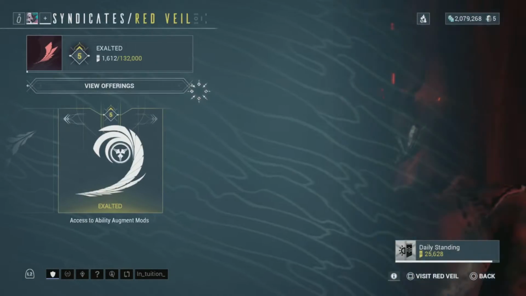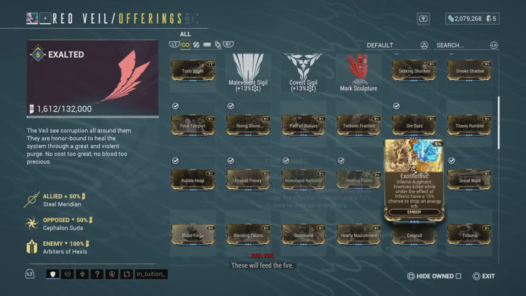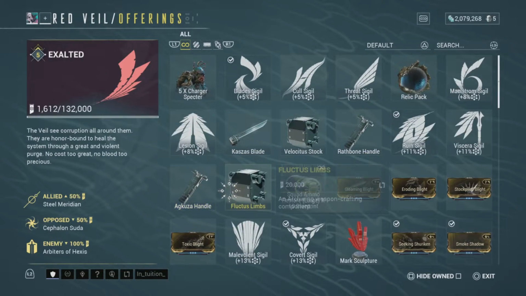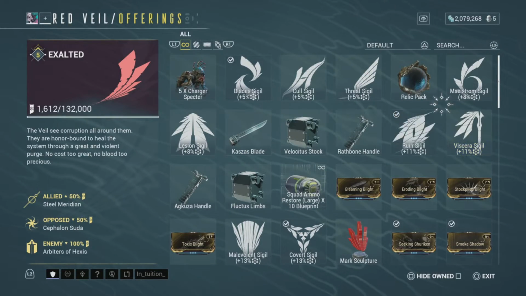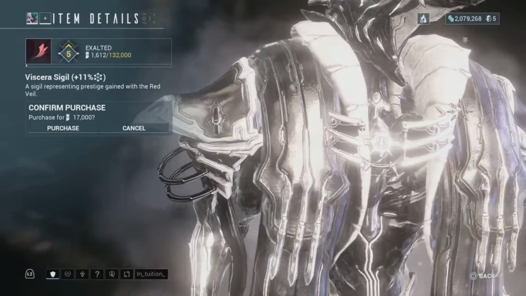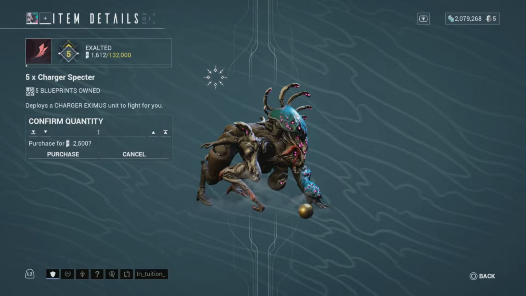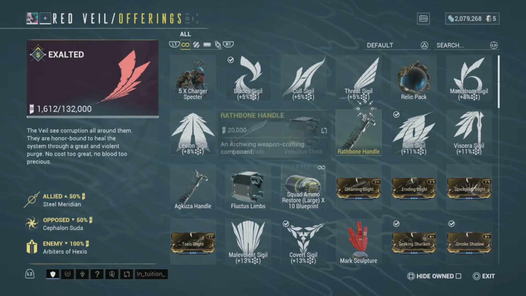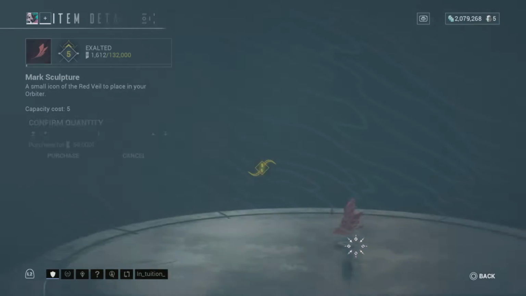and with standings, you can get your favorite Warframe's augment mods. You can get arch weapon components, like arch wing weapon components. You can get more sigils like this. Wait, it is invisible for some reason. You can get some Spectre blueprints, and you can get the relic packs for yourself, and decoration for your orbiter